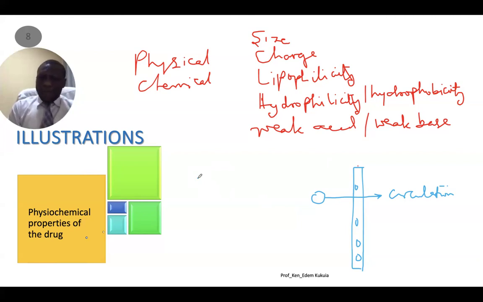When we pick weak acids or weak bases, remember, not all drugs may be weak acids or weak bases, but some drugs, or quite a number of the drugs we give, are weak bases or weak acids. And if they are weak bases or acids, the states in which they would be in order for them to